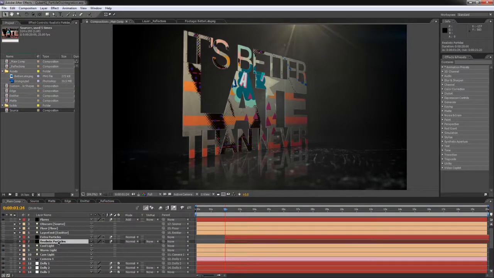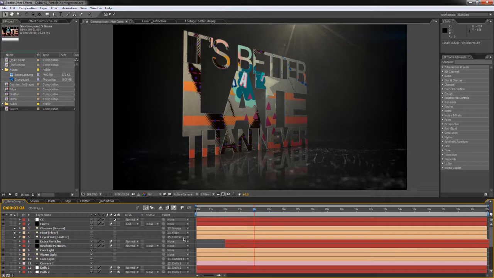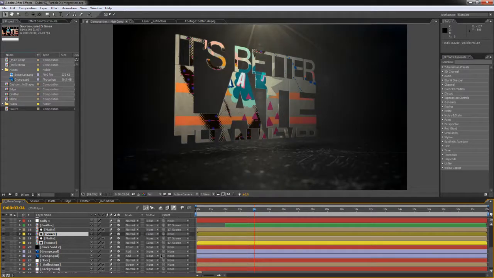So let's simply go to our source layer in the main comp. We can also link the other source into it, so we don't have to do it twice. Go to around the perhaps 4-second mark. Why is it so slow? Oh, it's so slow because it's rendering the particles in the reflections, of course. Let's switch off the reflections temporarily. And let's see,